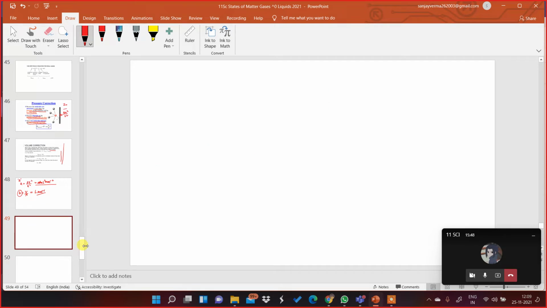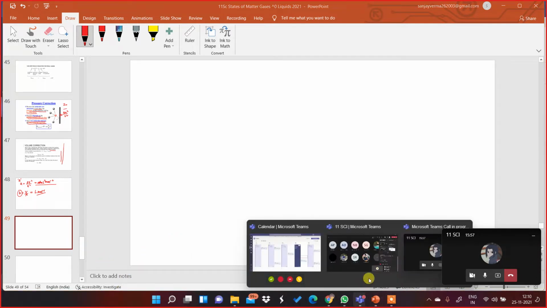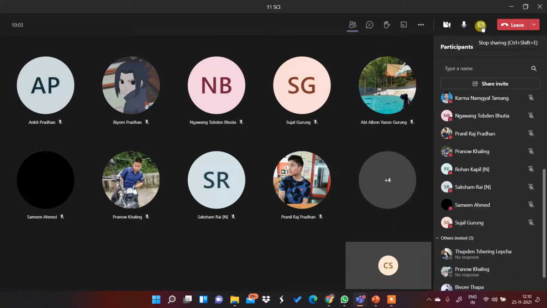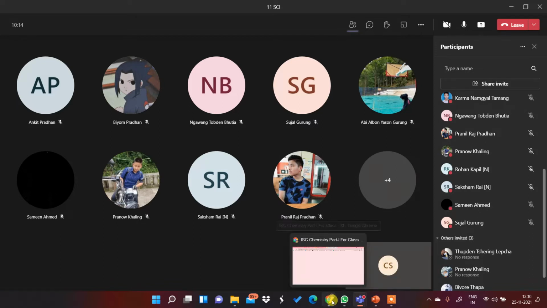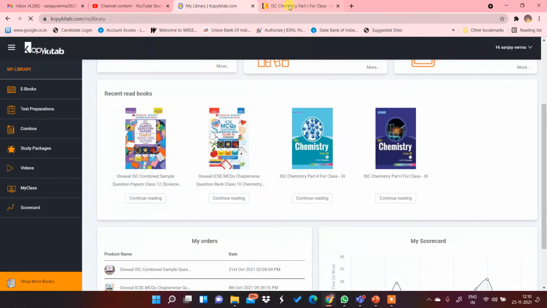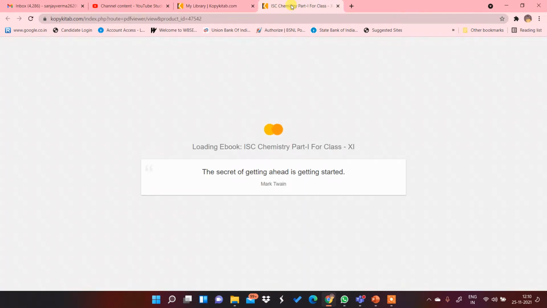Now, under this liquefaction of gases, remember, increase of pressure and decrease of temperature. I am reading it out, so please try to listen very carefully. If there is an increase of pressure or decrease of temperature, that is going to cause liquefaction of gases. So remember this point. Decrease of temperature and increase of pressure, these two you have to remember together. It is going to cause liquefaction of gases.